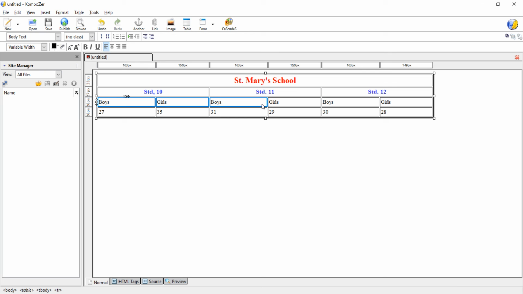So we need not change its color, only we have to make it bold. So select them, click on bold and make them center. Okay, and then for numbers also we need not change the font color or anything, we just have to make it center and increase the font size by 1 number. Clear? Okay.